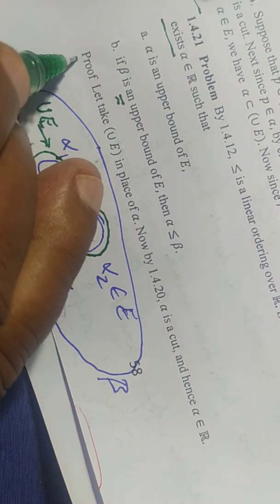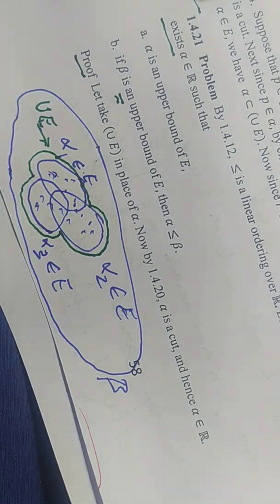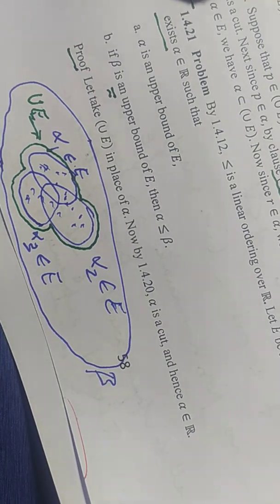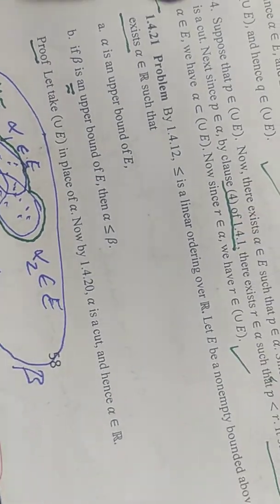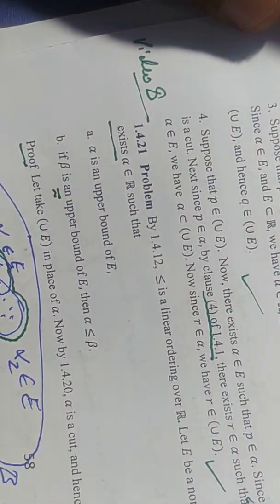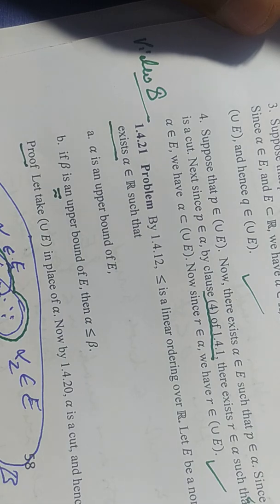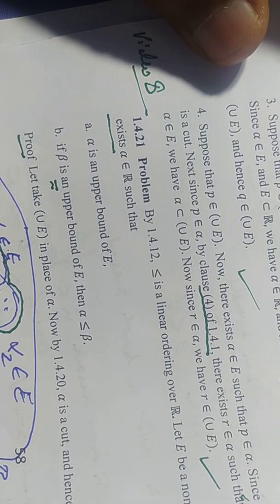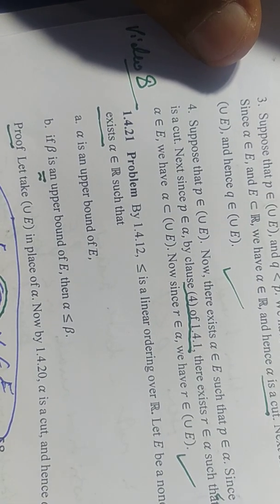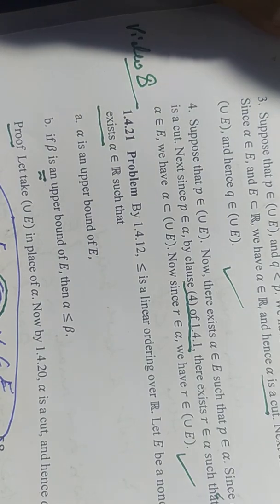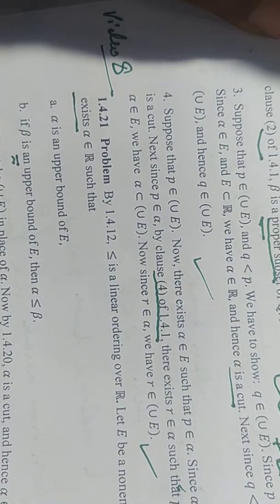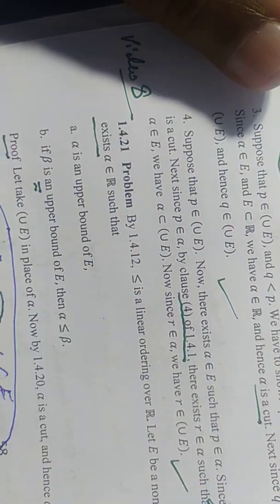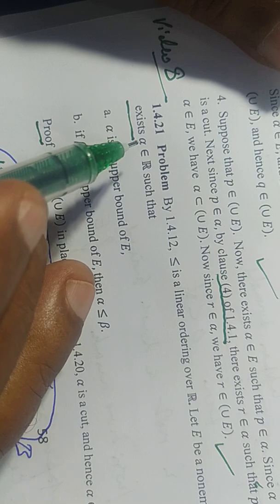So its proof is remarkable. Existential theorems are very important in mathematics. There are three kinds of theorems. The first is a property theorem. Another is an existential theorem. And the third type is a uniqueness theorem. This is not a uniqueness theorem. This is simply an existential theorem. So we have to construct alpha.